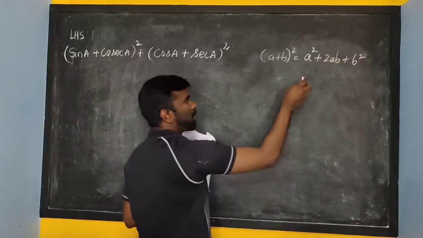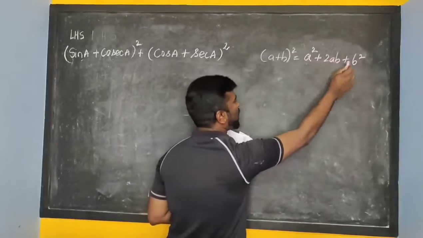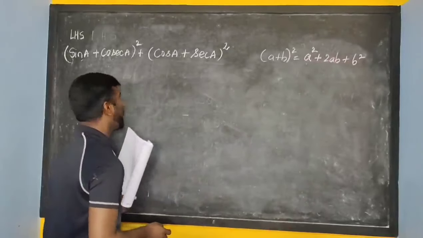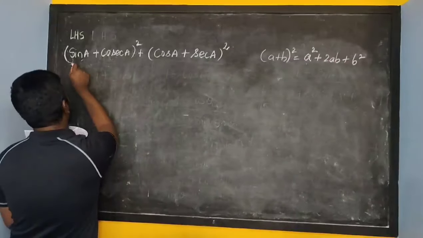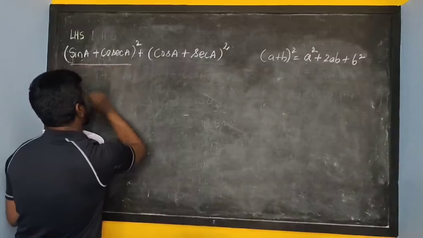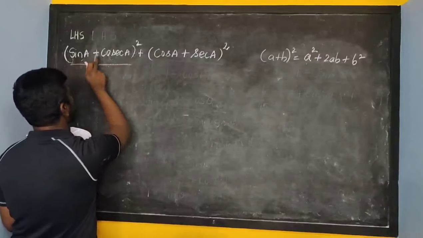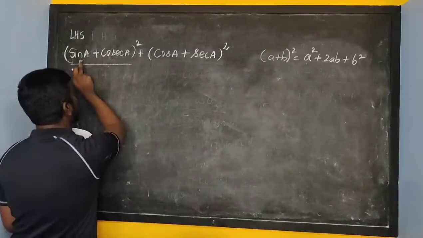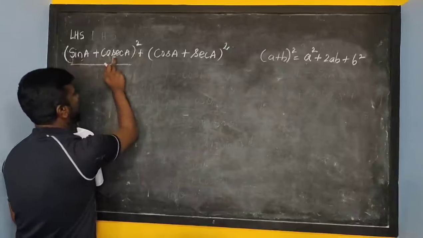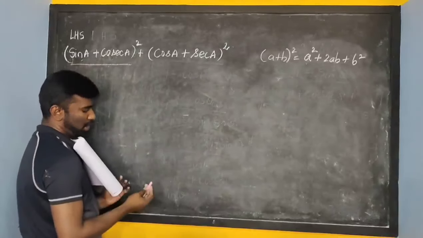Now apply this for the term (sin A plus cosecant A) whole square. In place of A I have sin A, in place of B I have cosecant A. Now what I get is